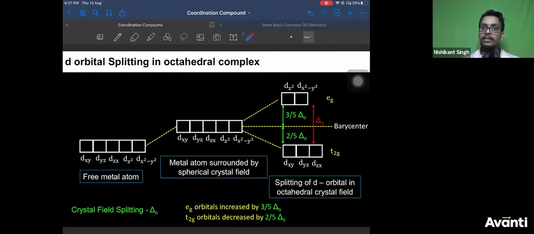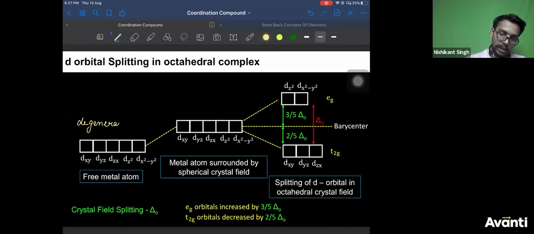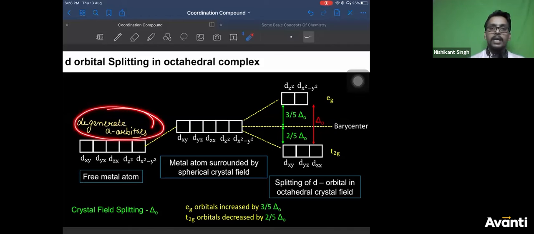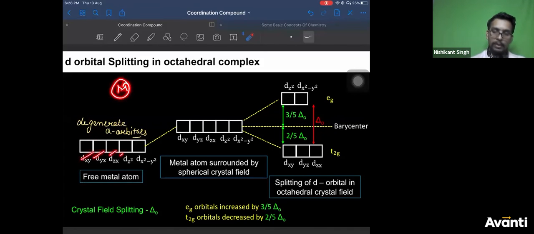Now this is what happens. See, this is called the crystal field diagram. Understand this? This is superb. See this carefully. So these were your degenerate d orbitals. When no ligand was present, all these 5 orbitals had the same energy. Degenerate d orbitals. I think I have taught you this in the d and s block also. These were degenerate orbitals. Okay? So metal without ligand has all 5 d orbitals at the same energy.